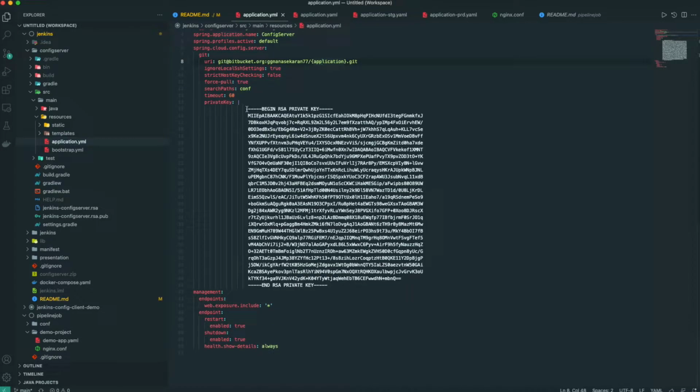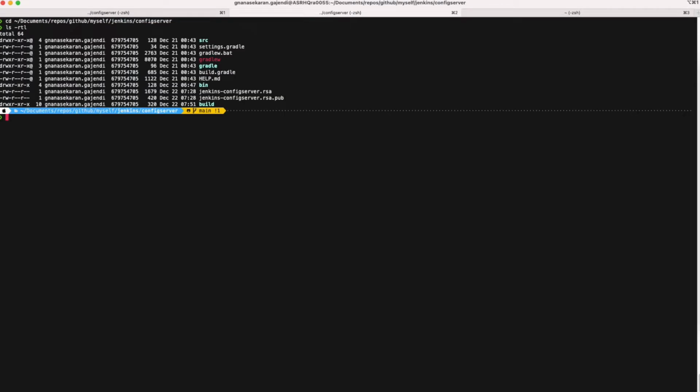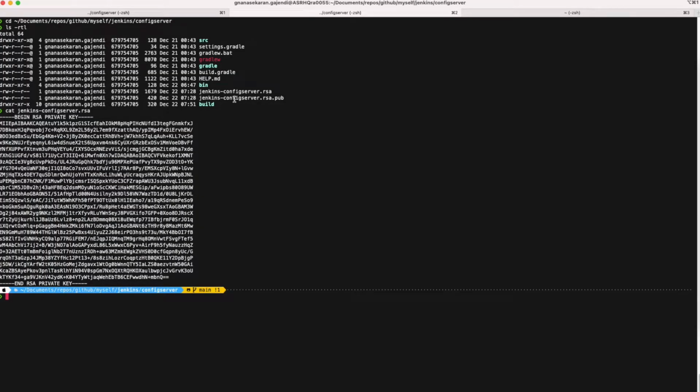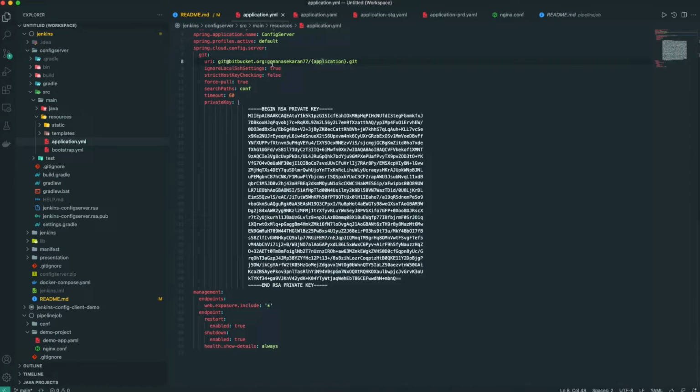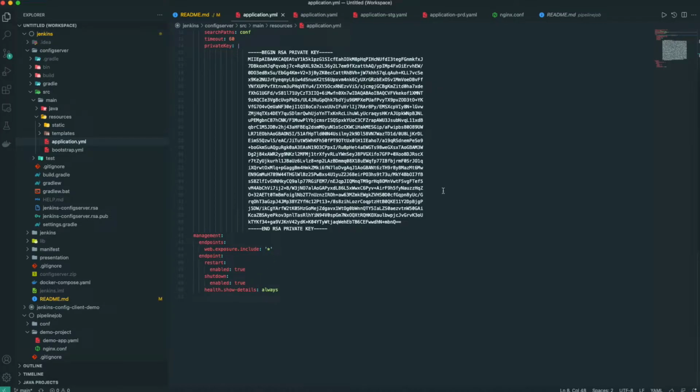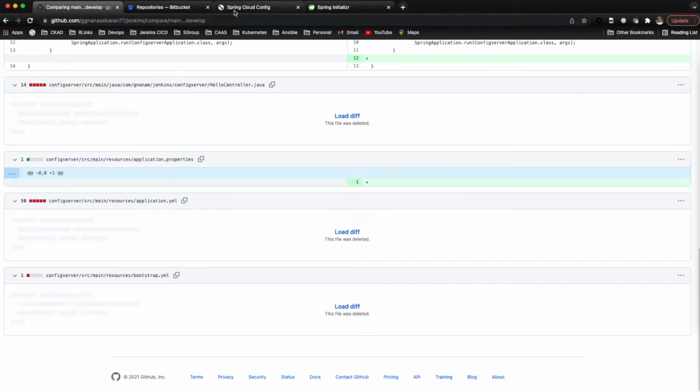And another one is the private key. So this is the private key. So this private key I pasted here. The public key has to be copied wherever it is applicable for the authentication. So since we are using SSH based authentication, we have to configure a private key and a public key. And the rest all we can leave with the default settings. So you can go through the document as well.